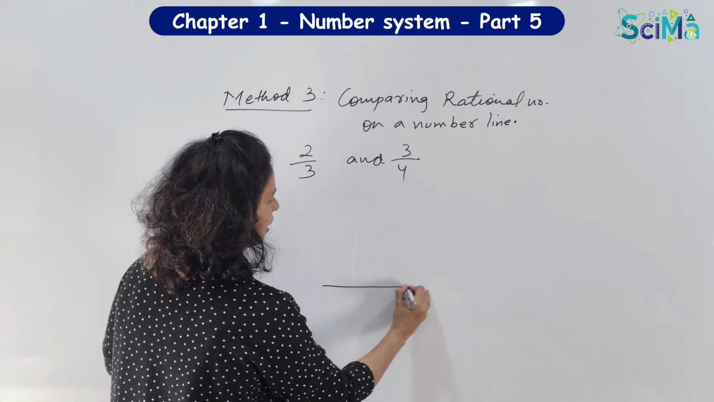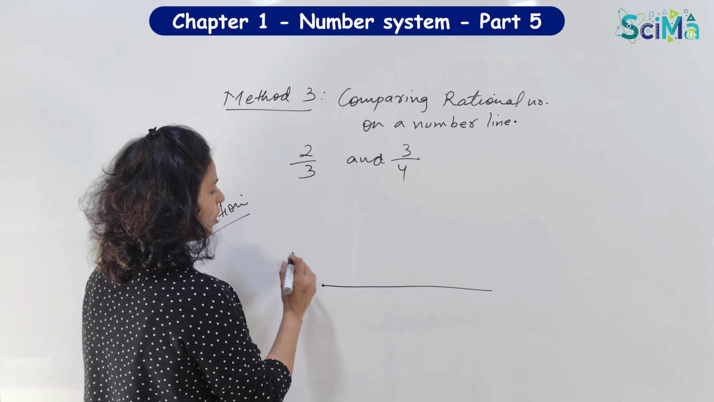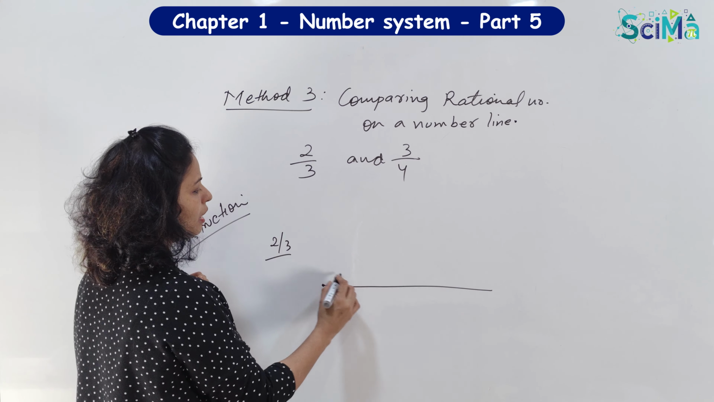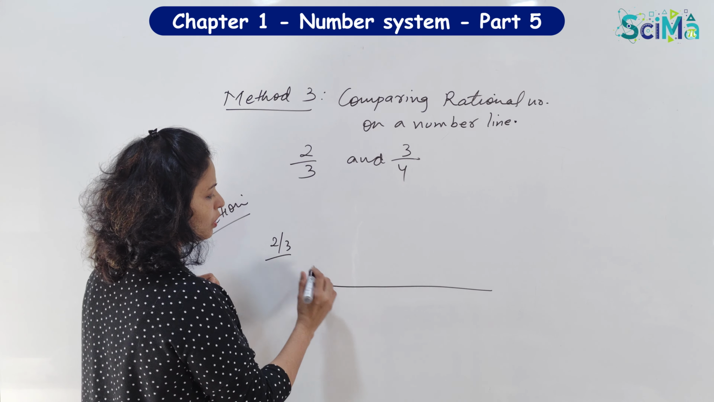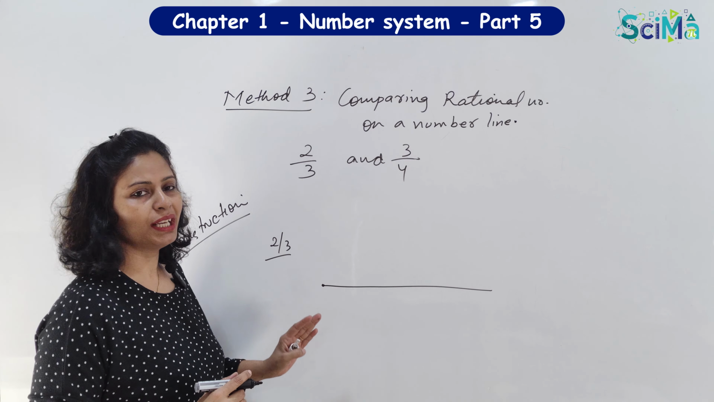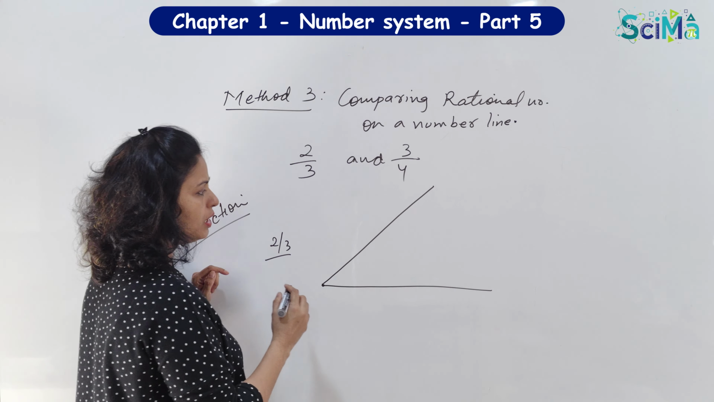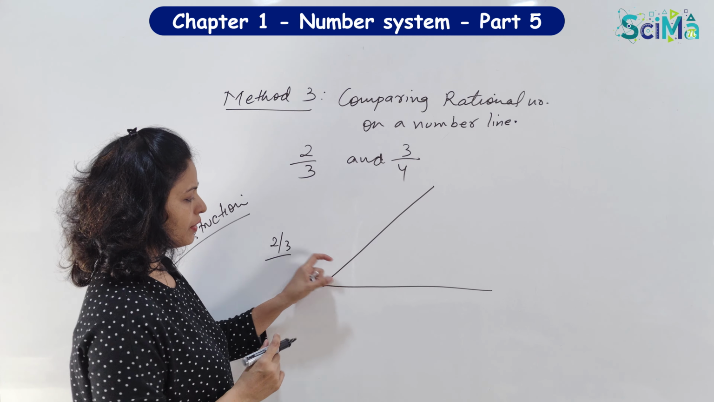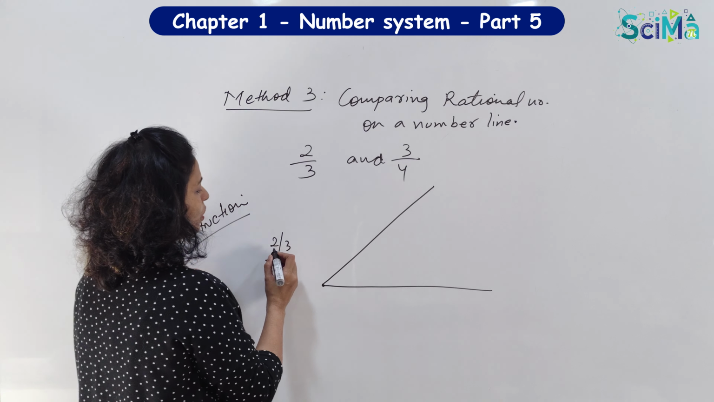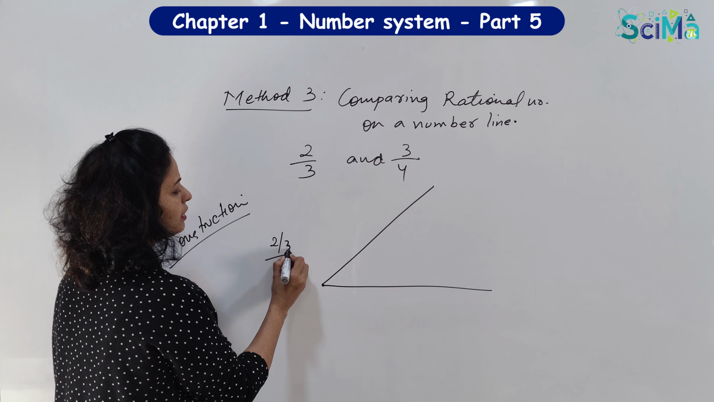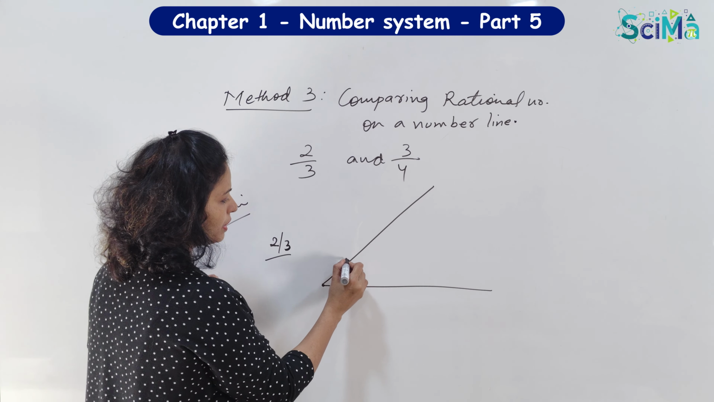So here I will draw a horizontal line. Now I am showing 2 by 3 in the upper part of this number line. How do we show 2 by 3? First we have to draw an acute angle. This is an acute angle, right? You can draw an acute angle of your choice. Then 2 by 3 represents 2 parts out of 3, right? So with the compass you make